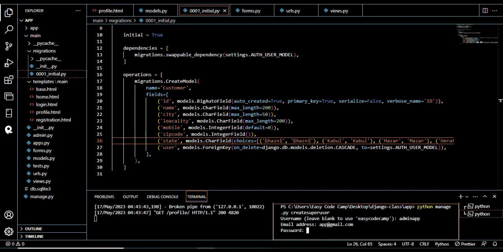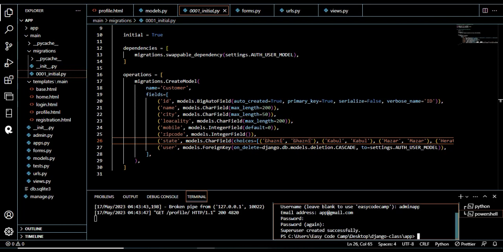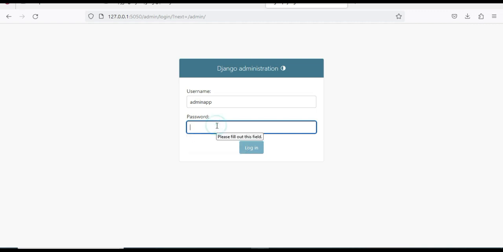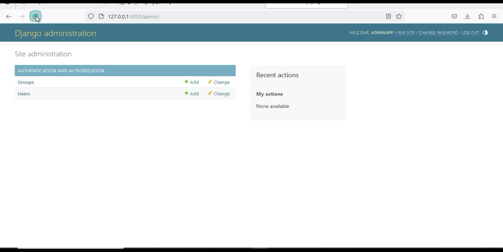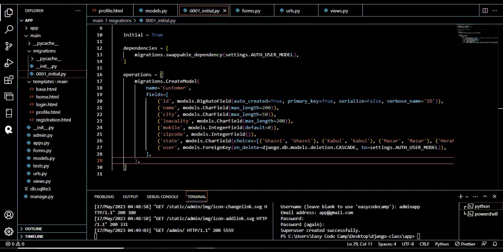So we should make a password for our user. You can write down the password. And we should repeat this password. And enter. So it says superuser created successfully. So we should check. So I think we should enter the password and then login. So we should register this one. We should come back to